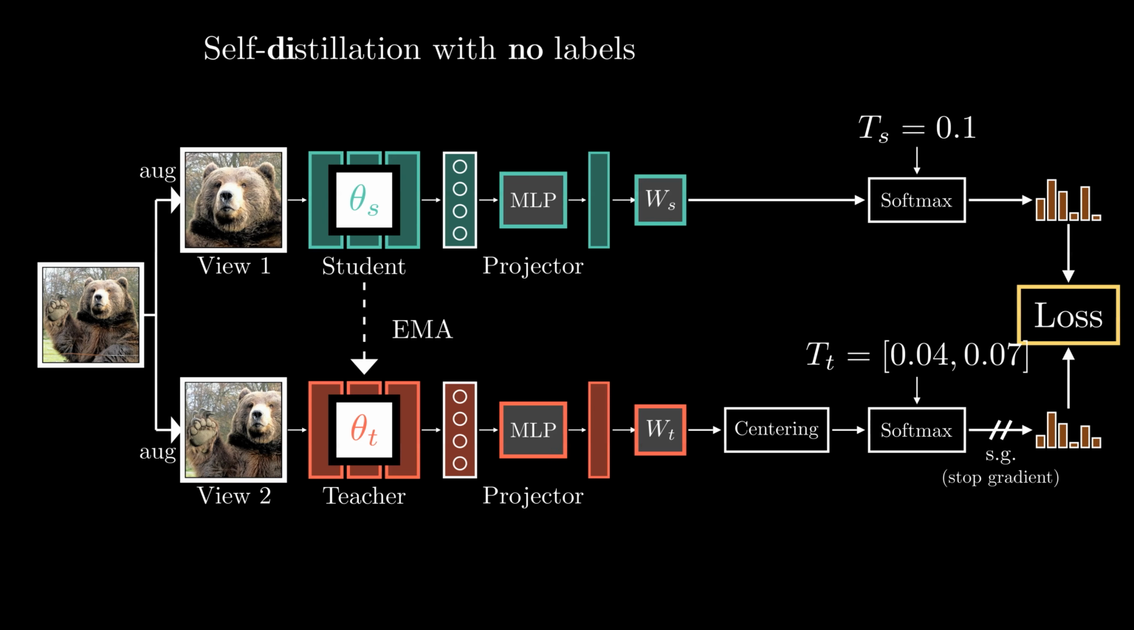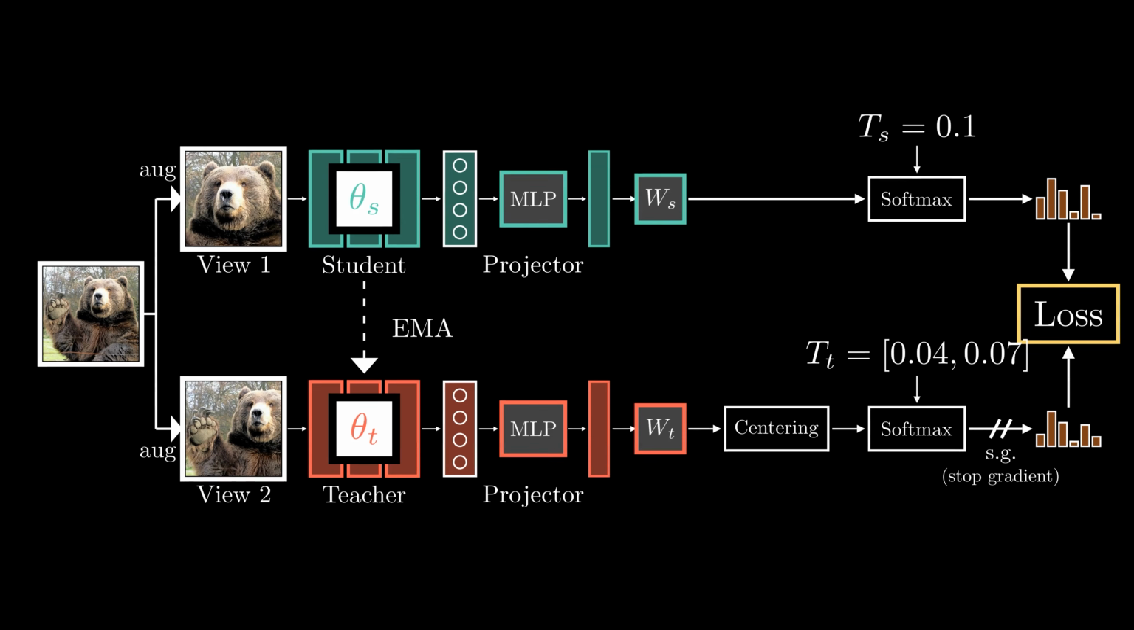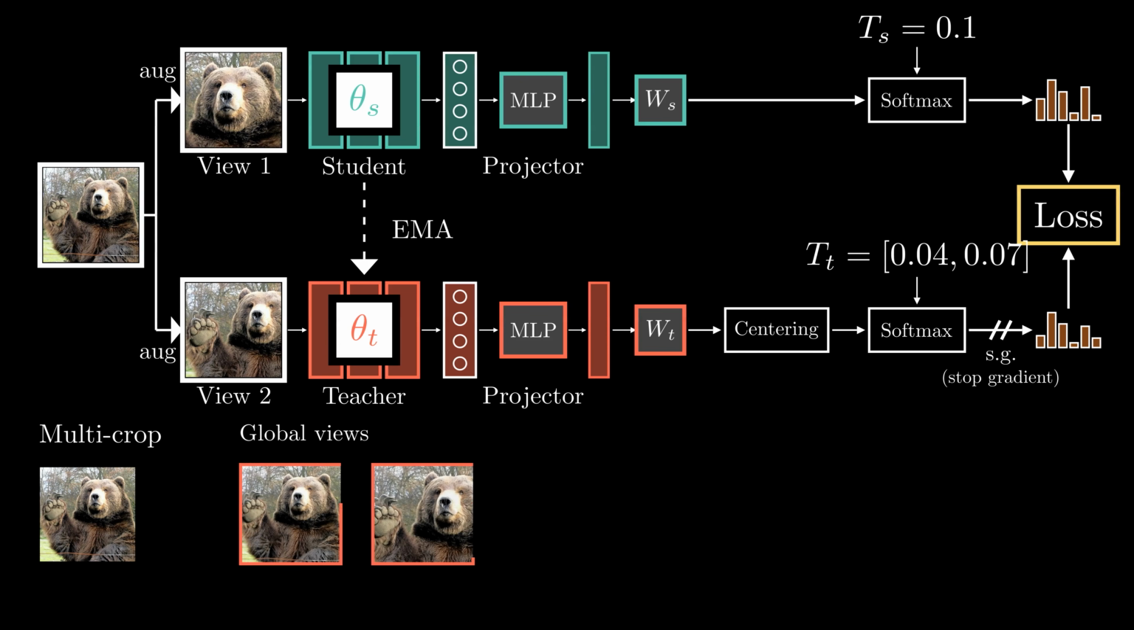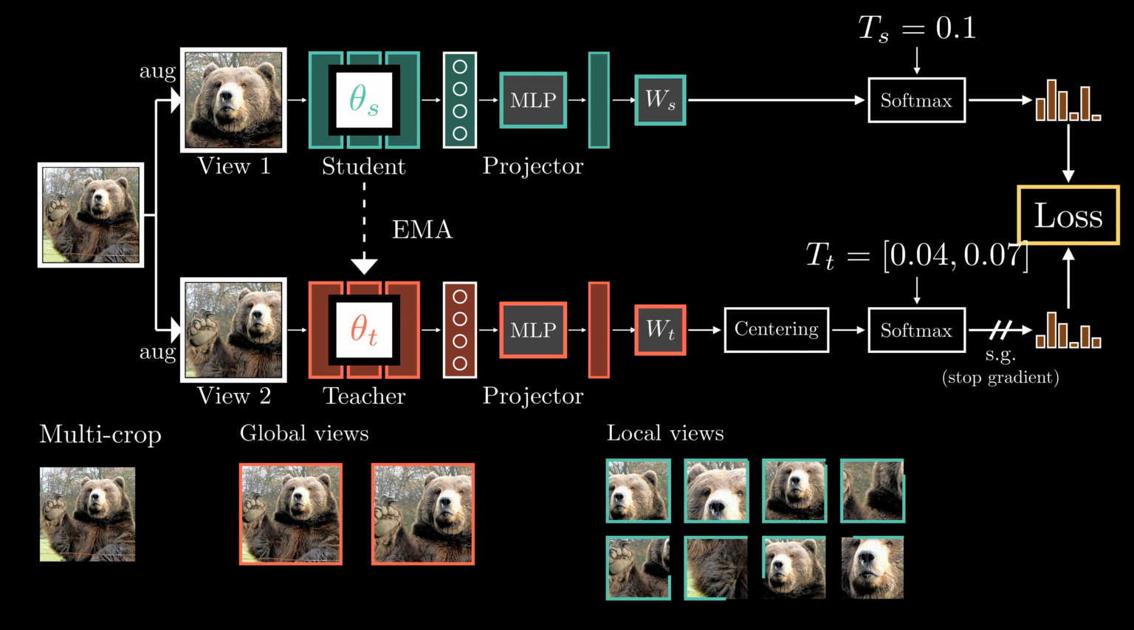That recipe is DINO. Instead of using only two views, we create multiple crops from the input image. We make two large crops that cover larger regions of the image, called global crops. We also make several smaller crops that focus on local regions. The teacher model receives only the global views, which contain more comprehensive information about the image, whereas the student processes